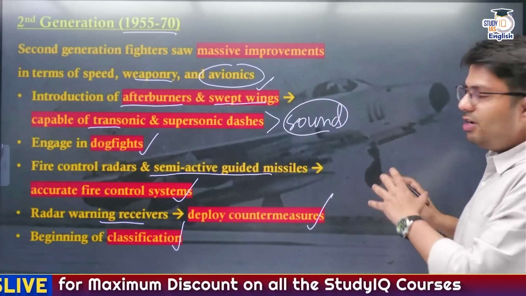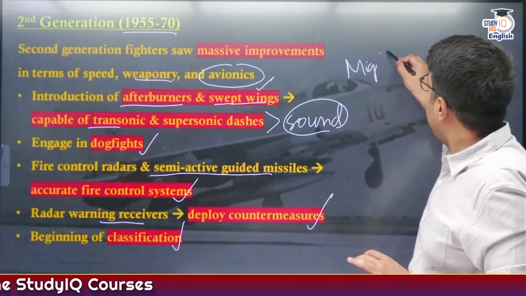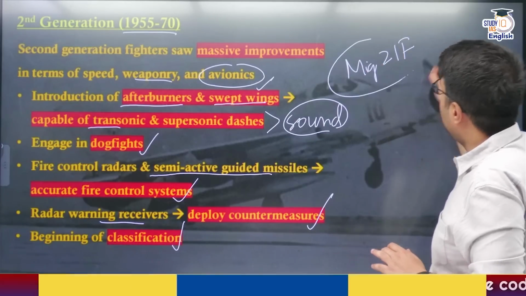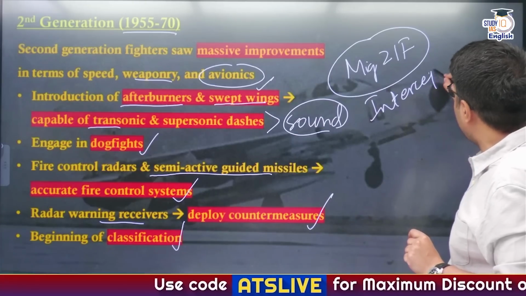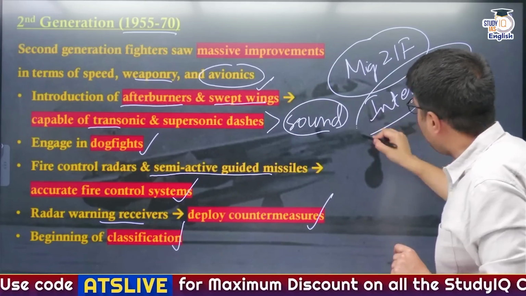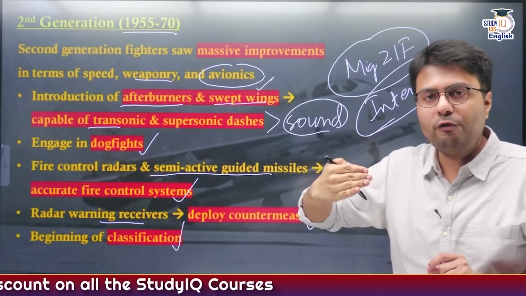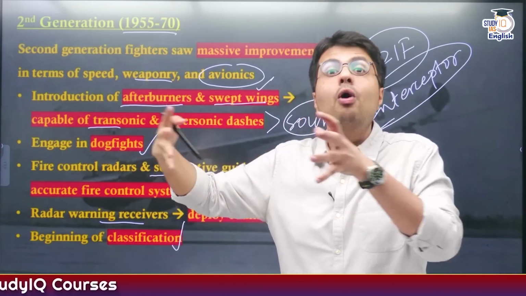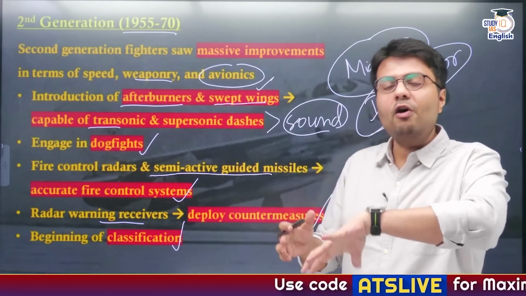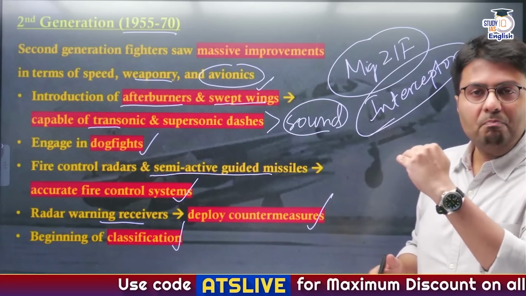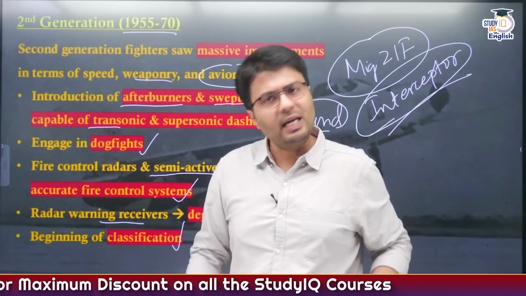An early second generation aircraft, like the one you can see behind me, is the first generation MiG-21, categorized as MiG-21F, and these were popularly called interceptor aircraft. Why were they called interceptor aircraft? Because they had a fixed role to intercept enemy fighter jets, because the MiG-21F was able to fly at a higher speed for a longer duration, that is for supersonic dashes, right? So that is how we saw the beginning of classification of aircraft, such as ground bombing aircraft, interceptor aircraft, and so on, right? So this was second generation.